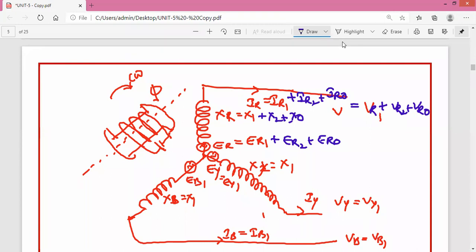So we'll come to those faults at the time, we'll also discuss. The minimum fault current will be in the line to ground fault, and the maximum fault current will be in the three-phase fault. So based on these two fault conditions, these positive sequence components are going to be set.